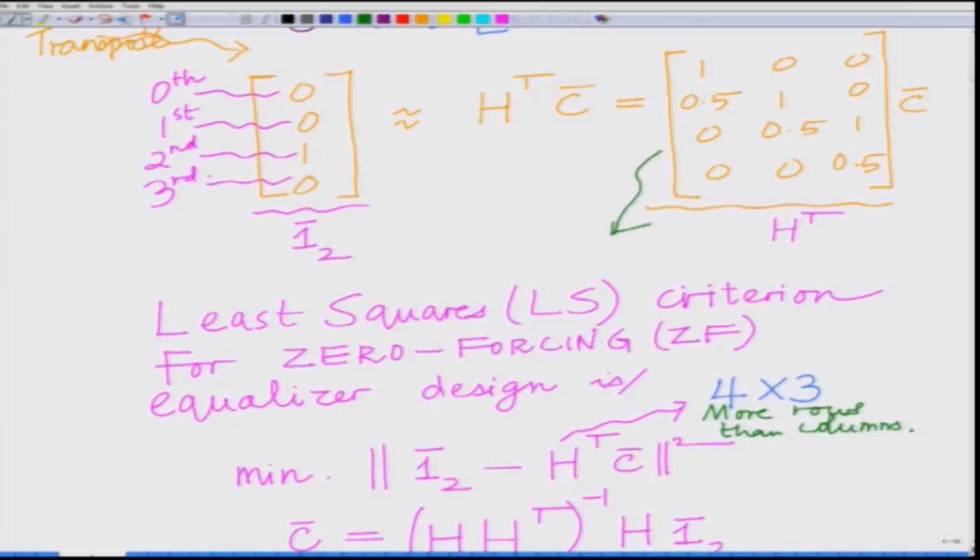Therefore, if you look at this system of equations 1 bar 2 equals H transpose times C bar, that is an overdetermined system. So, one cannot solve it exactly, one can solve it only to minimize the error between the vector 1 bar 2 and H transpose C bar, that is the least square solution